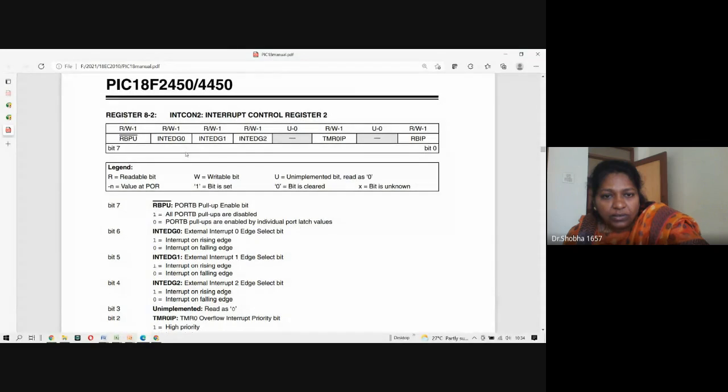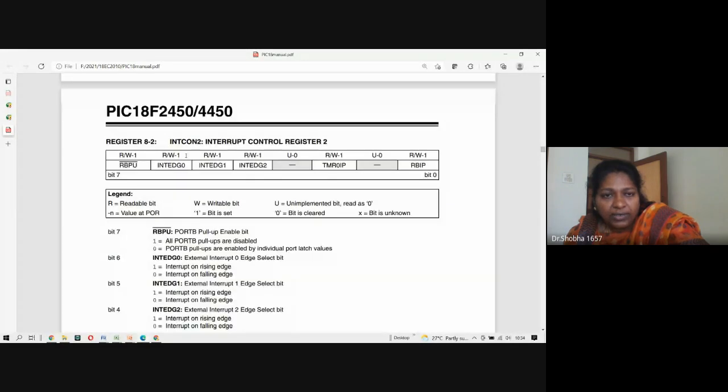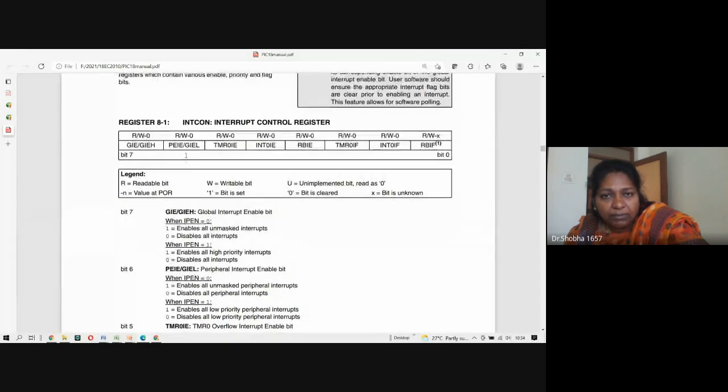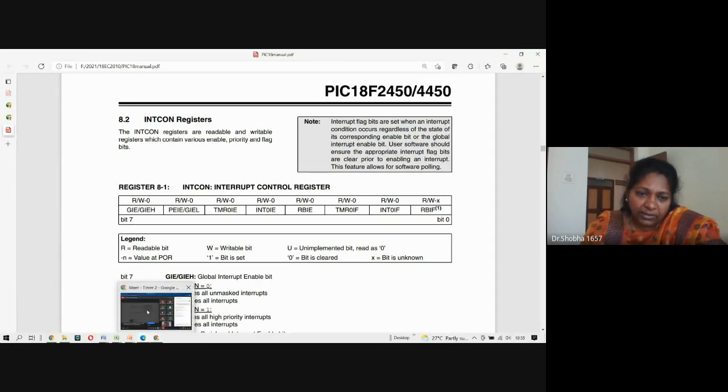Okay, so I'll consolidate it and we will see it in the PPT. Now this is for your understanding that the main interrupt control register has the global bit and the peripheral enable bit. But all the other bits which are not covered will be in different registers.